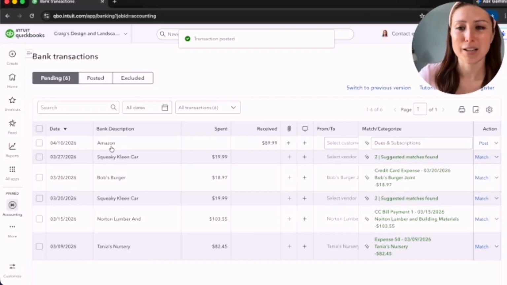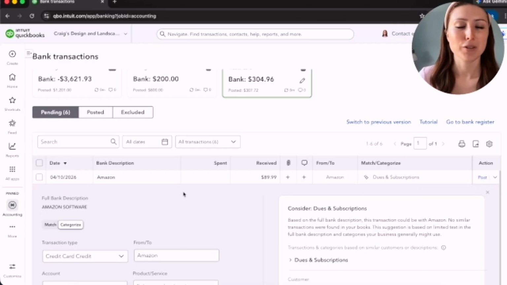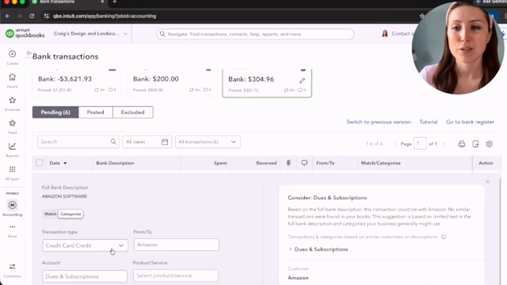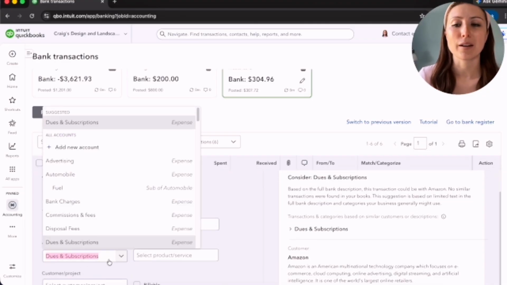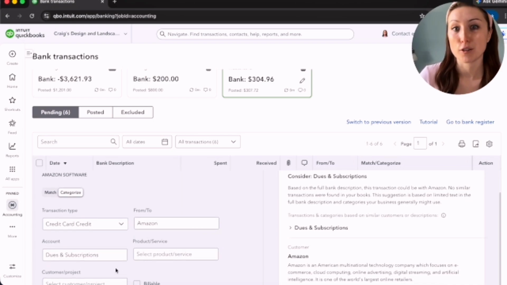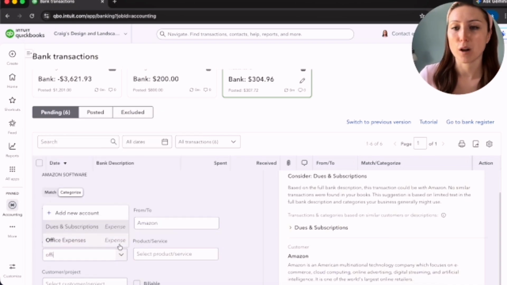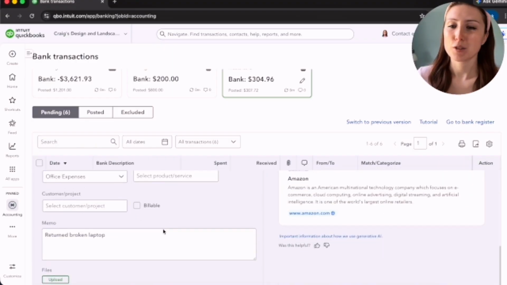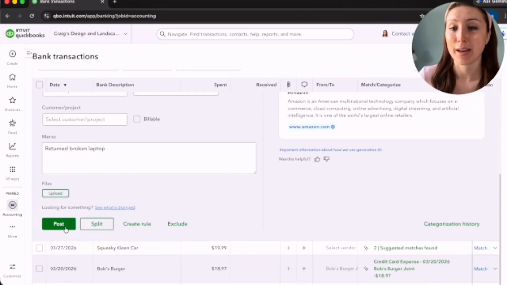We have another transaction here for Amazon. This was actually one where we received money. So for this example, let's pretend that we returned a computer that was broken. So the transaction type, that was credit card to/from Amazon. The account type, we're going to want to select whatever account we initially did the charge from. So if this was a computer, that would have been office supplies or office expenses. So we returned a broken laptop and we're going to attach our receipt from Amazon and then we're going to